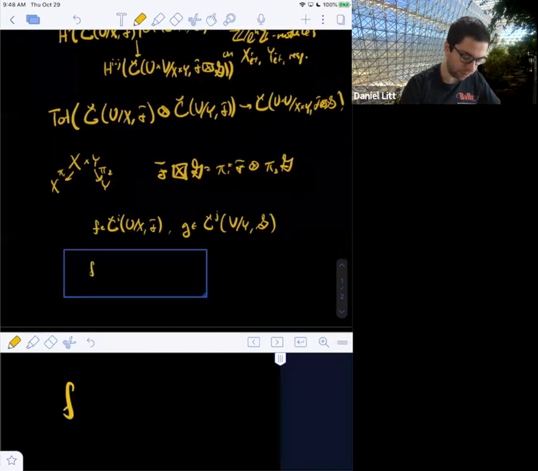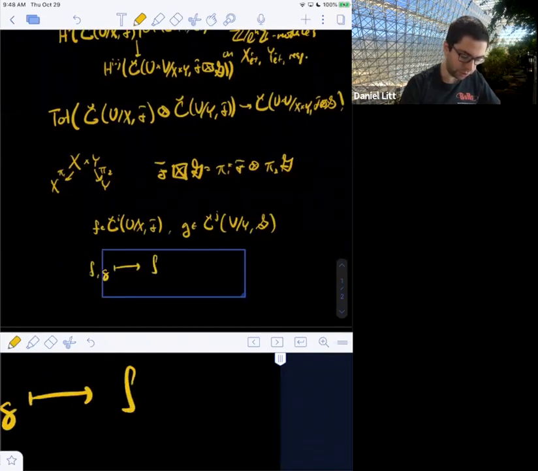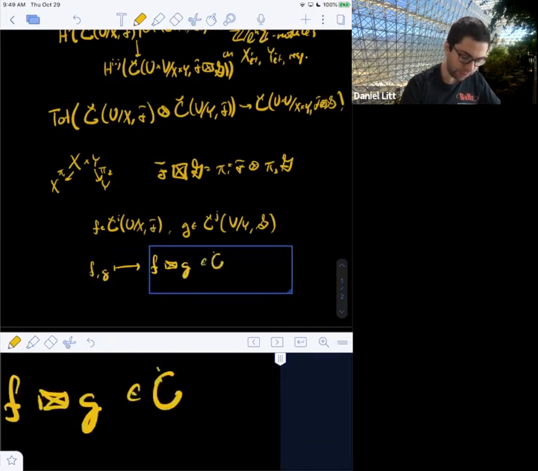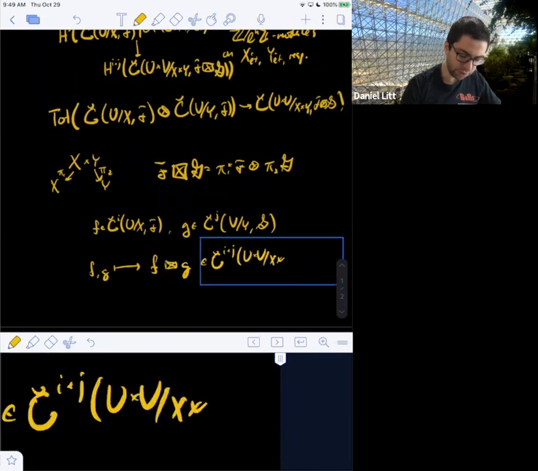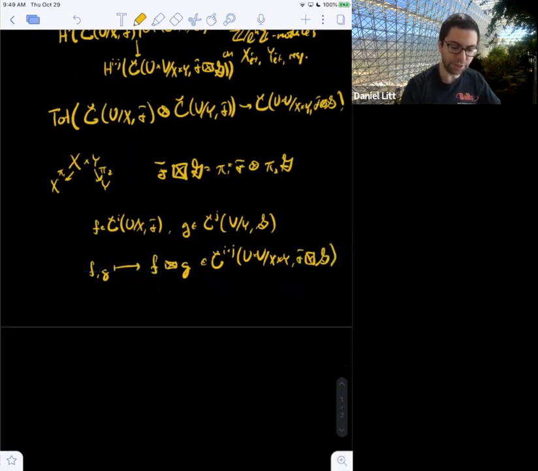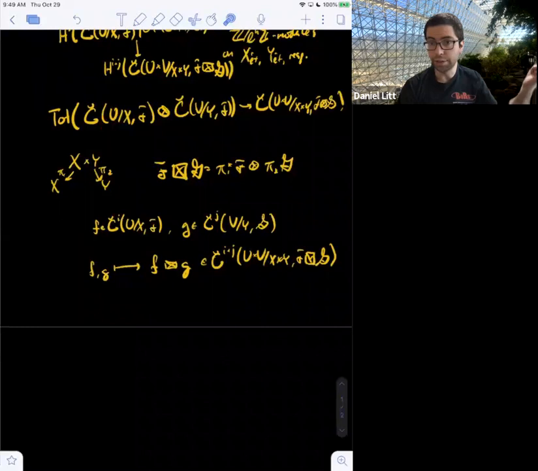So we get f, g maps to what I'll call just f box tensor g in C^(i+j) of U cross V over X cross Y, F box tensor G. And well, what is this thing? It's you just do the obvious thing. So here you have an n-tuple fiber product of U cross V over X cross Y that maps to the n-tuple fiber product of U over X and V over Y, and you just pull back these sections and tensor them together. Okay, so this is a very concrete